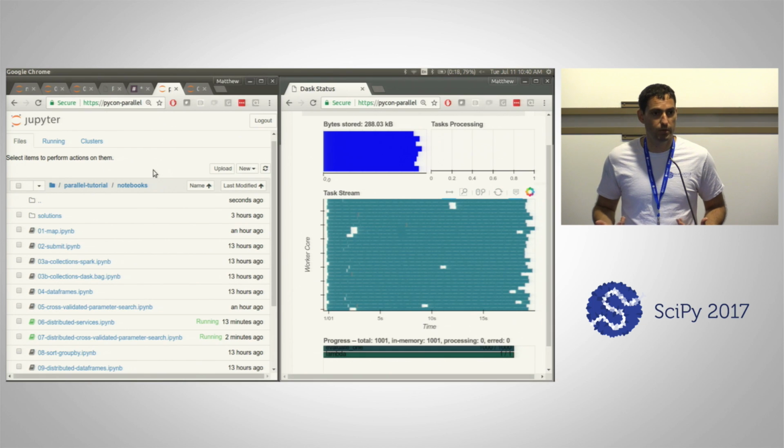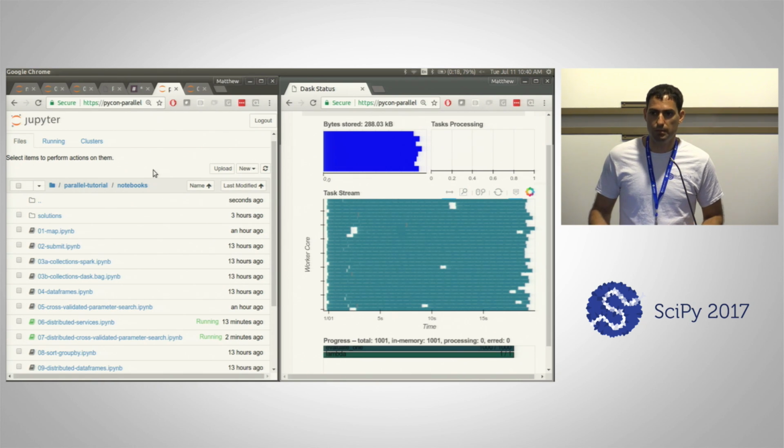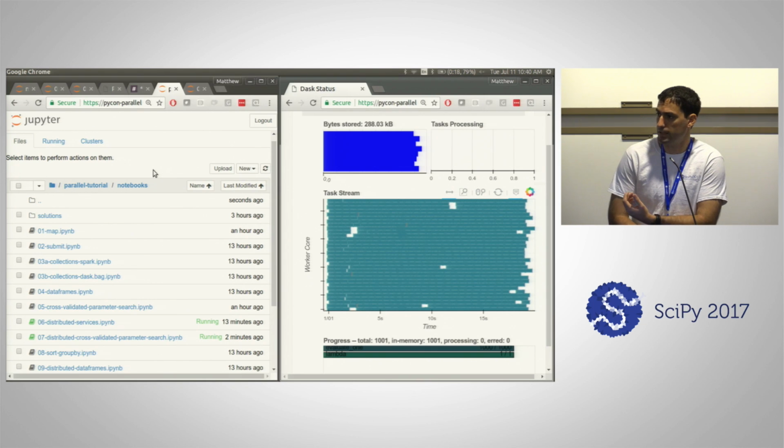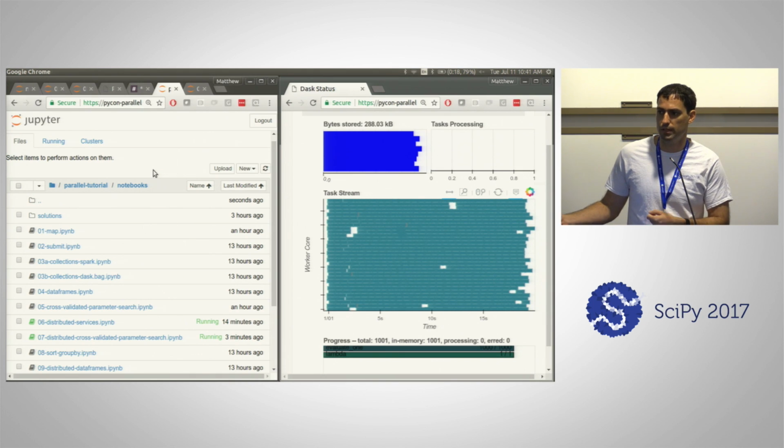So some of us have come in with previous experience in frameworks like MPI or multiprocessing, and what we're endeavoring to show you here is the modern techniques, the best practices that are commonly used in daily Python programming to solve these problems. So one of the first ones that we went after was the map, right? So I have a list or a sequence, something that has a collection in some way, and I want to apply the same function to every single one of those, right? And we showed you a thread pool executor, and we showed you a process pool executor,